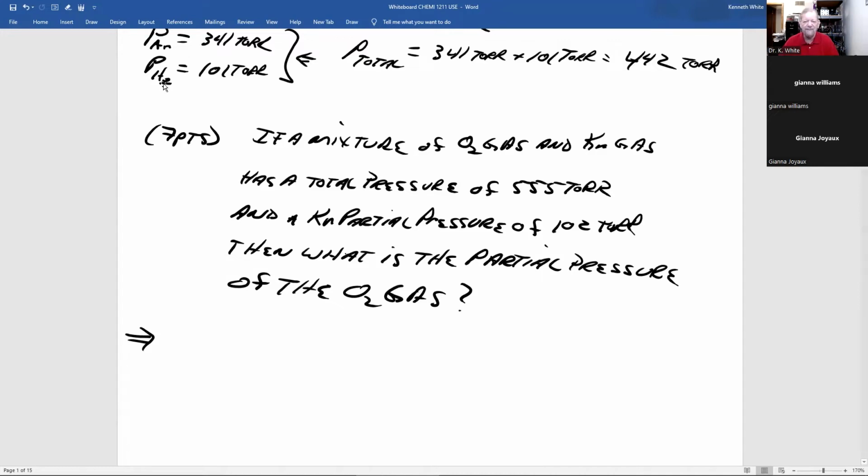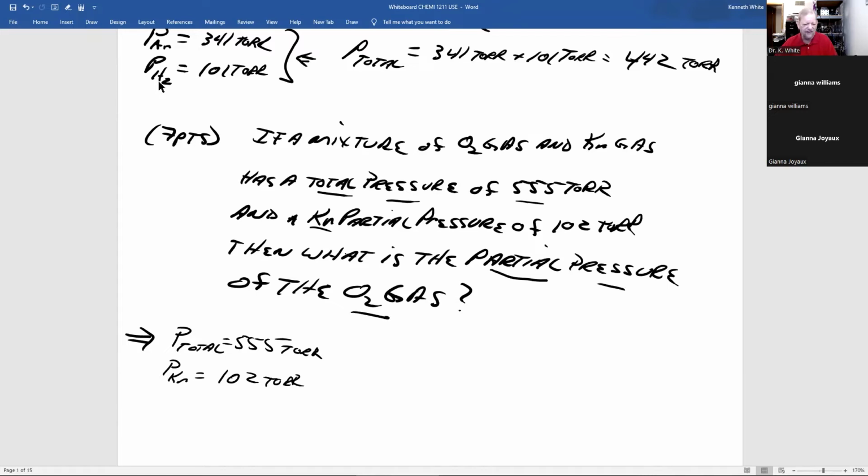All right, my turn. And if we notice, we're given a total pressure of 555 torr. So P total equals 555 torr. Torr is the unit of pressure. And we're given a krypton partial pressure of 102 torr. And what are we being asked to find? The partial pressure of oxygen gas,